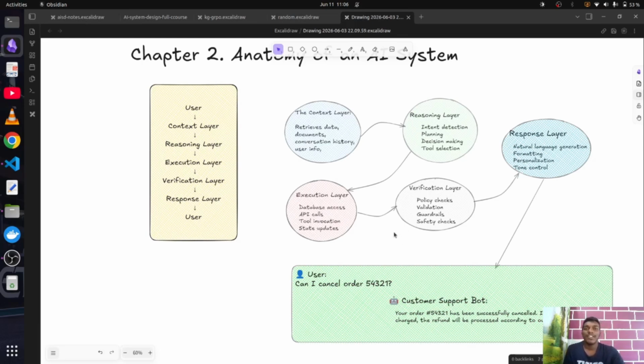If that's what the response came, then the verification layer is quite decisive in that case, where it holds on to the responses which go beyond what they should be. So those are how guardrails are being used. It blocks the requests or the responses which don't align with the policies or the predefined rules which we are going to have. And the final layer is the response layer.